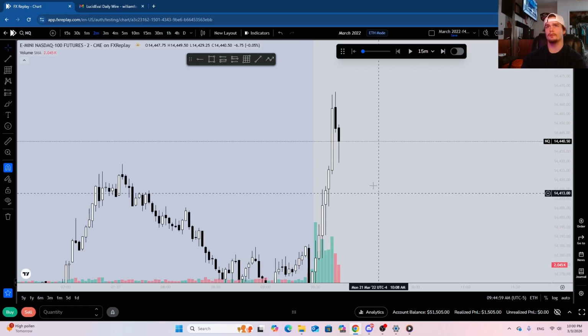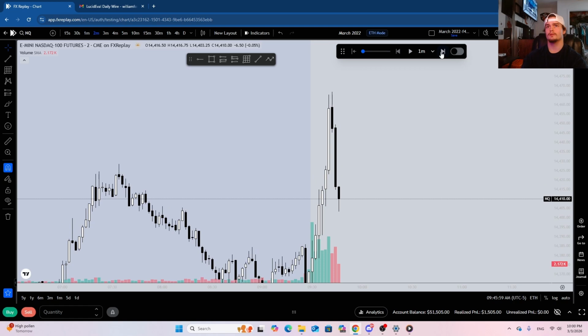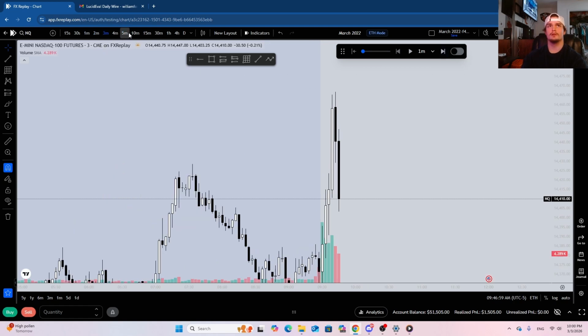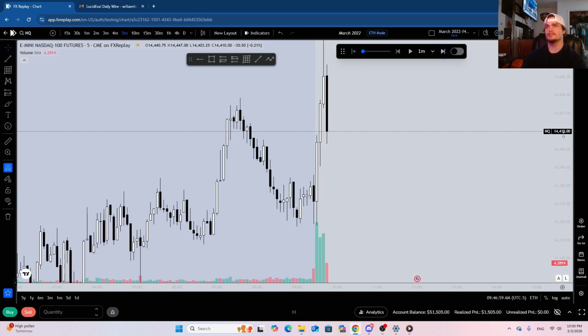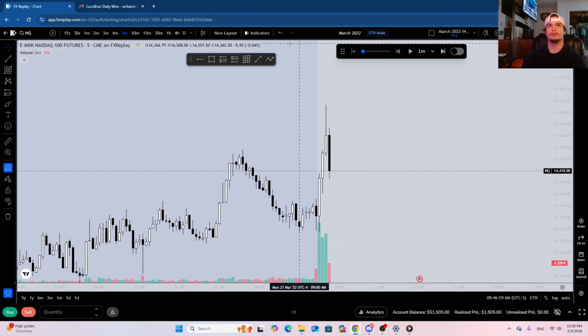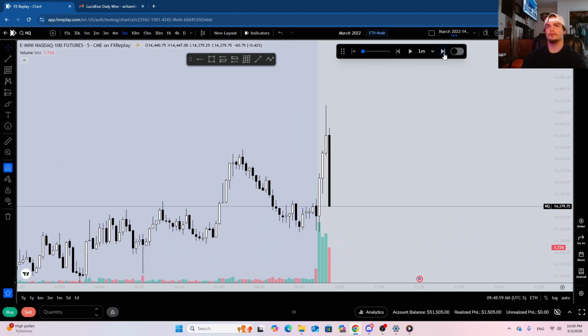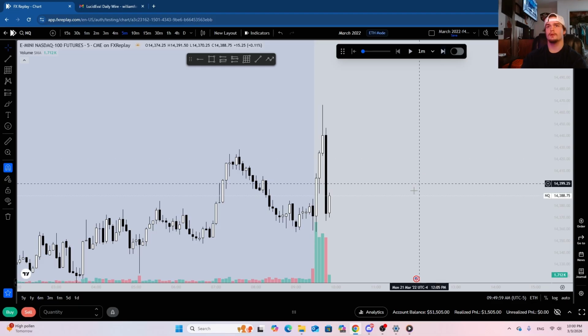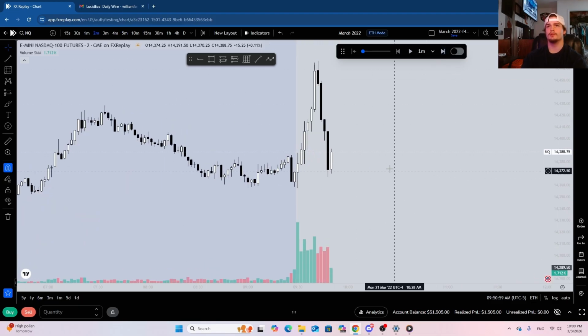So we rally up here, come above these highs. Let's see if we can get a nice inverse. Alright, so we do get a nice inverse here. We are retracing into a 5 minute. I want to see this 5 minute close. Okay, so with a 5 minute close, we did end up inversing.